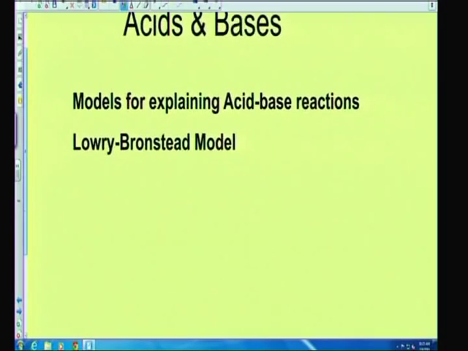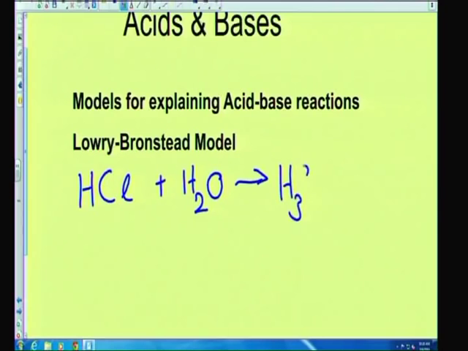So what they reckon, Lowry and Bronsted, is if you have a substance which is an acid, then it could be something that is written like this. As an example, we'll take hydrogen chloride, and let's say that it undergoes a reaction. It's going to be added to water. Hydrogen chloride as a gas is added to water, and this will illustrate exactly what we mean by an acid. So when it dissolves, it forms the following substance. It forms H3O+